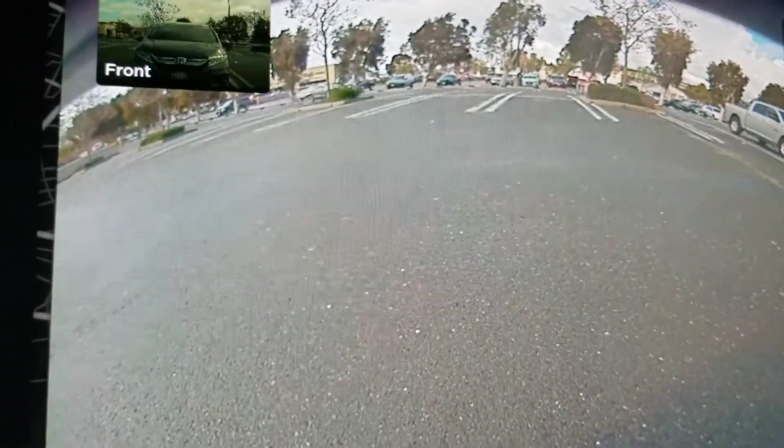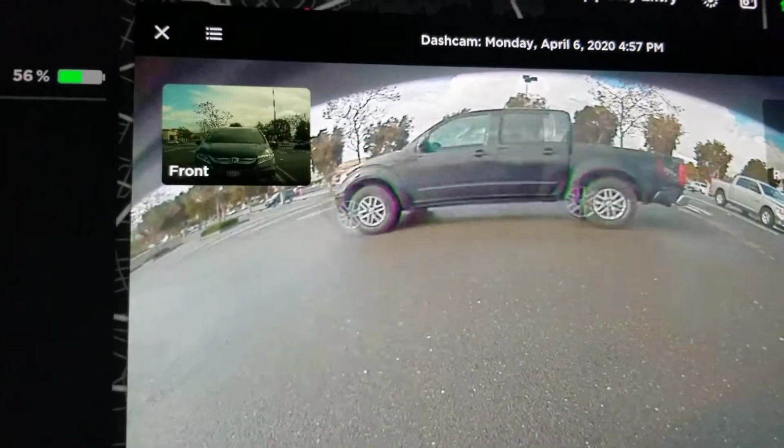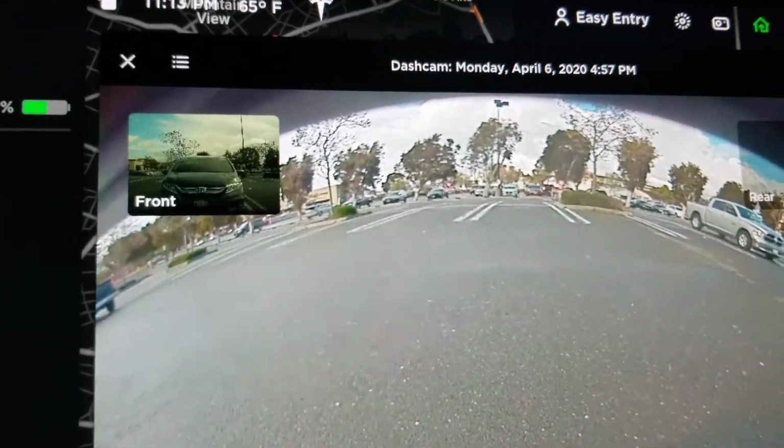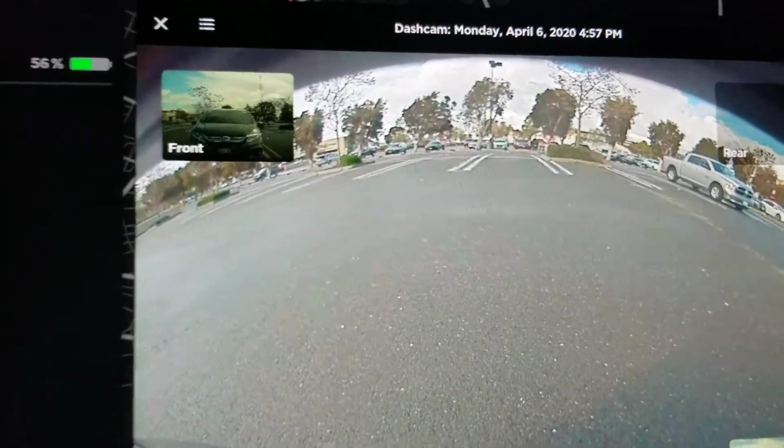There's not a lot of cars on the road on that day. That was about 5 p.m., April 6th, Monday in Union City. That was scary. So anyway,